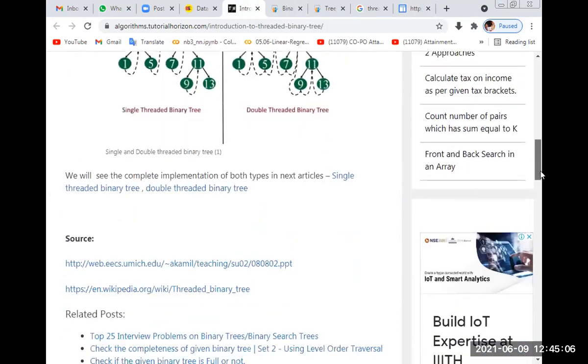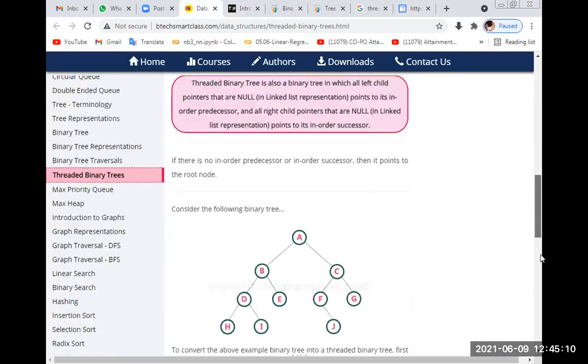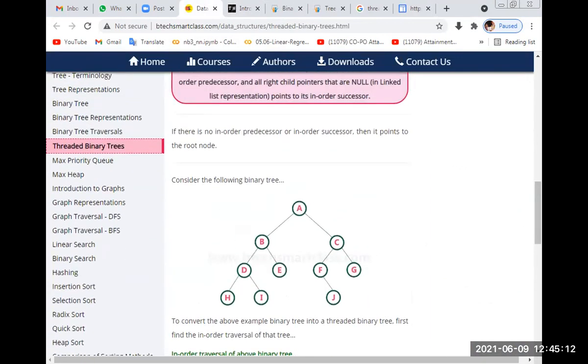You have to find the in-order successor of that threaded binary tree. So see here, this is my graph. Here H is null and I is null. E's left and right children are null, F's left child is null, and J's left and right.